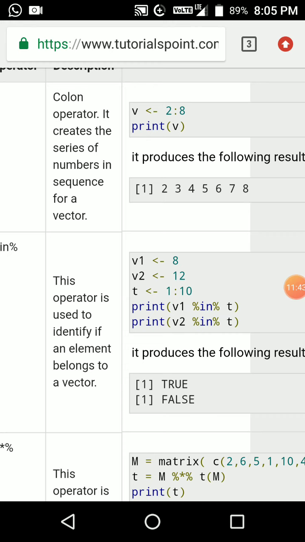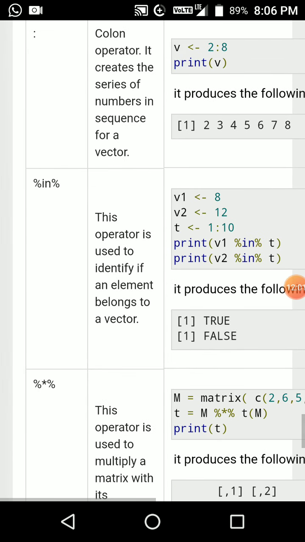While checking the sample output, you have already seen 2 up to 8: 2 3 4 5 6 7 8. That means 2:8 gives the values from 2 to 8. Using the v vector we are printing v. The colon is useful in this way.